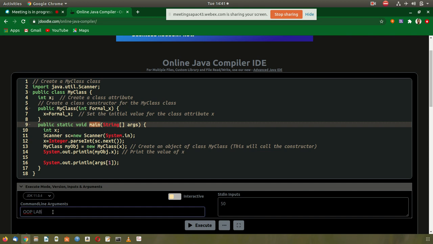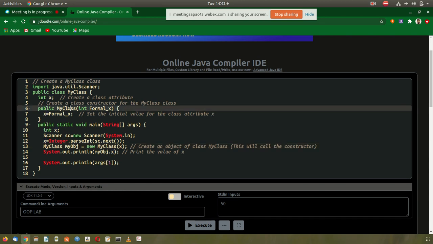And if you have user input, then you call this standard input. So the values are given here on the right side. This is for the standard input, that is Scanner with System.in. And here you can see the constructor values we are giving from inside the program. If I do not press the execute button, the constructor is not going to be invoked.